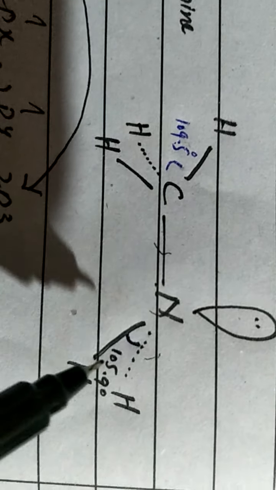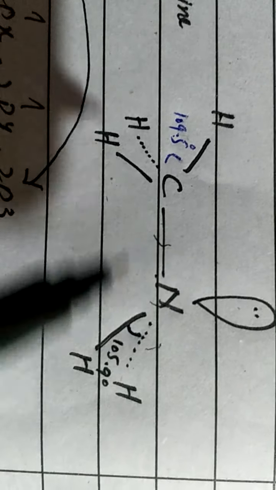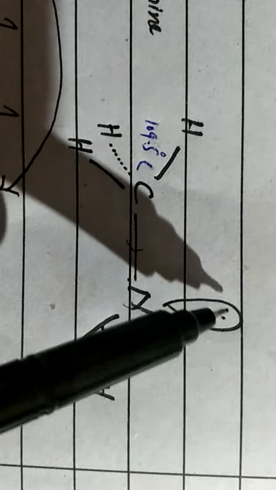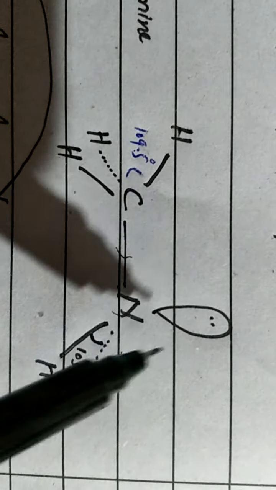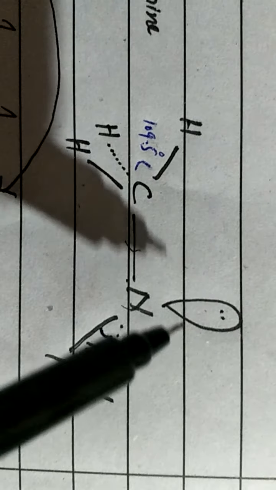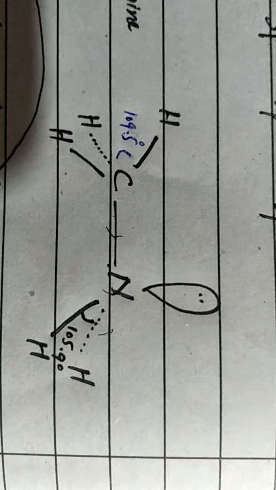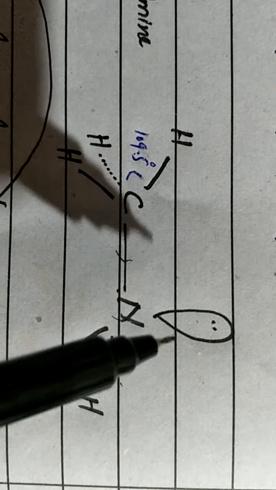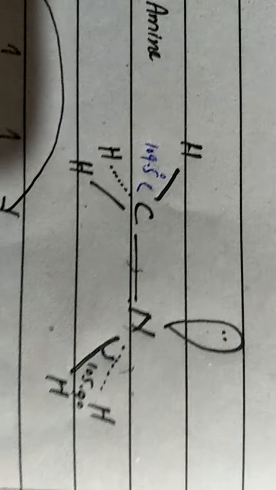The HNH bond angle is 105.9 degrees, which is less than the normal tetrahedral angle of 109.5 degrees. Why? Just because of this lone pair of electrons. This lone pair compresses the bond angles, that's why the bond angle becomes shortened. The angle between sigma bonds on this side is compressed. The bond angles between sigma bonds on the other side are